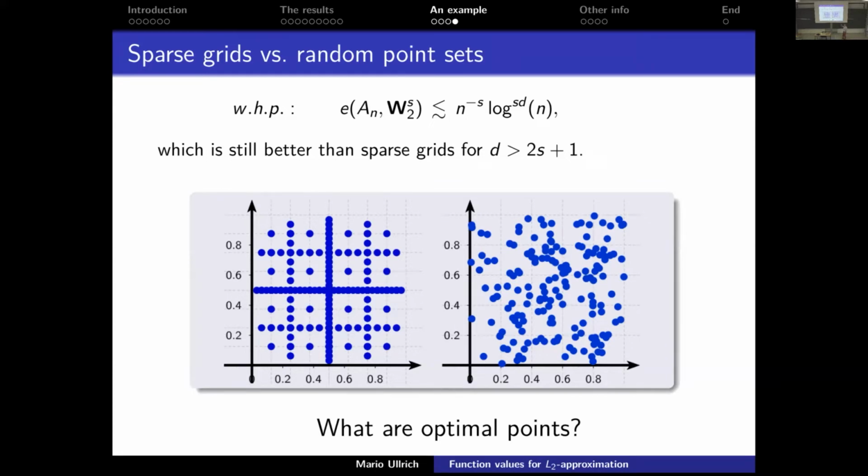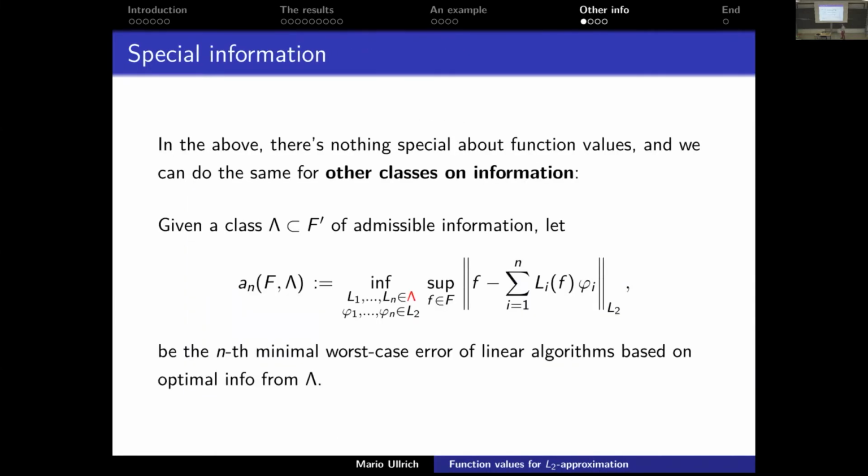And the basic open question is a very interesting open question. What are optimal points in this situation? Right? So sparse grids is something like that. And these are random points. And it's not only that we know that optimal points are somehow hidden in this cloud of points here. We basically know that this set of points is already better than sparse grids. This, I think, is a surprising thing. So many people study these spaces, and we still have no idea here.